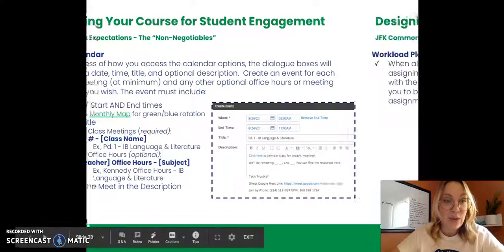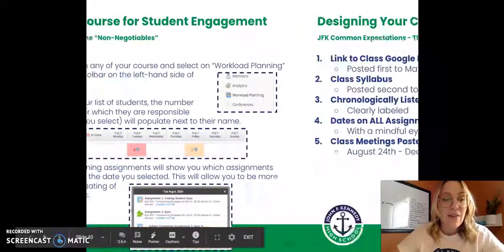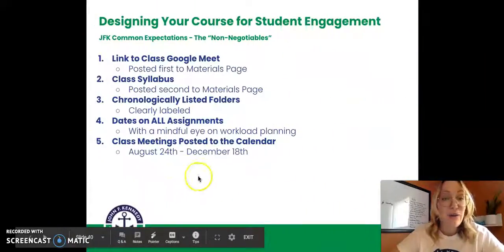So, to recap, these are going to be the 5 things we really want to focus on as we're building